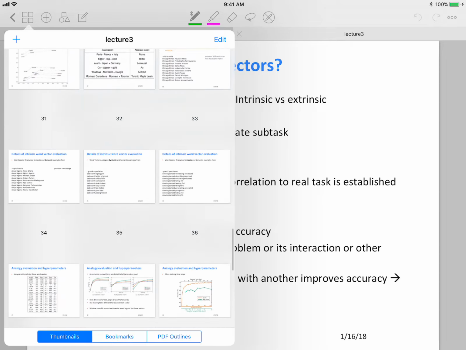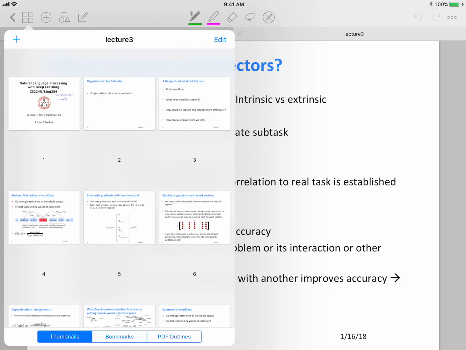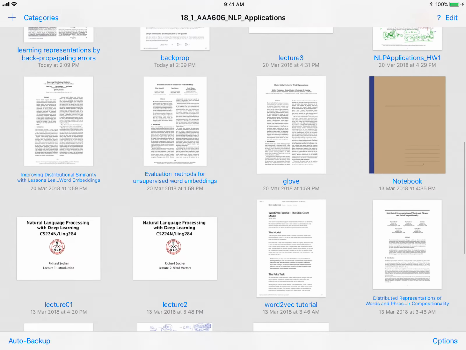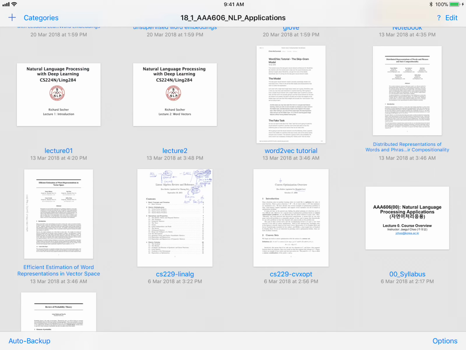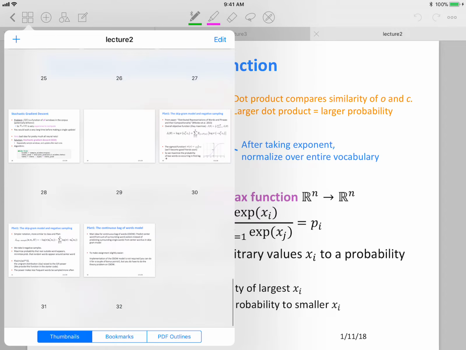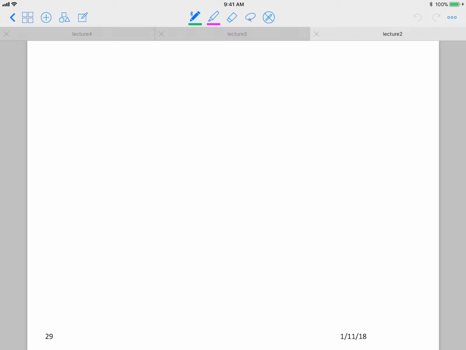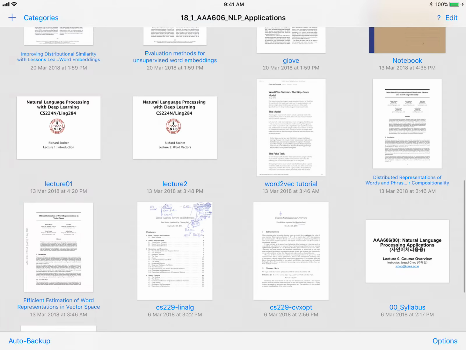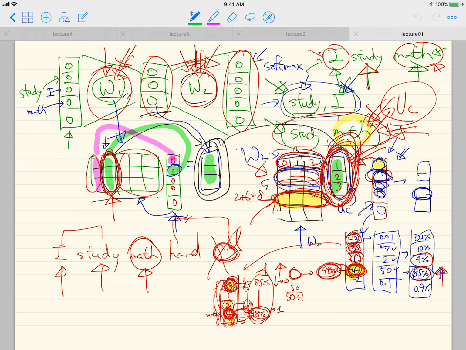Okay, let me see. I'm looking for the figure that I drew for word2vec. So where is it? Yeah, there it is. Okay, so you remember this figure, right? Although it's quite messy, but here,